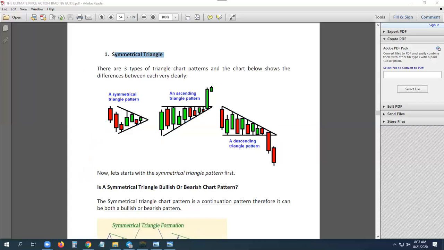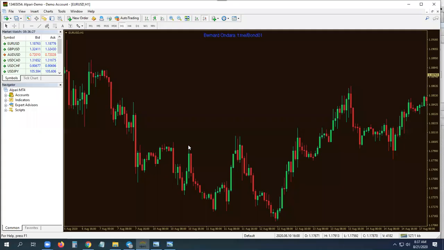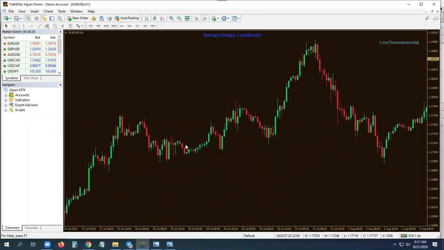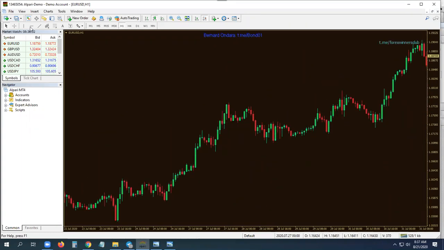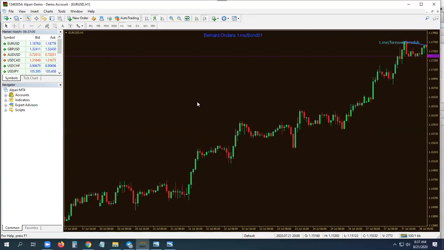So let's go to the chart and identify some of these patterns so that you're able to be familiar with them. Okay, so on the chart, you will start seeing these things. They are there. I will show you. One, resistance, resistance, connect. What is happening down here? Support, support, support. What example of a triangle is this? Descending. Your support is flat, your resistance is sloping down. Okay, let's move on.